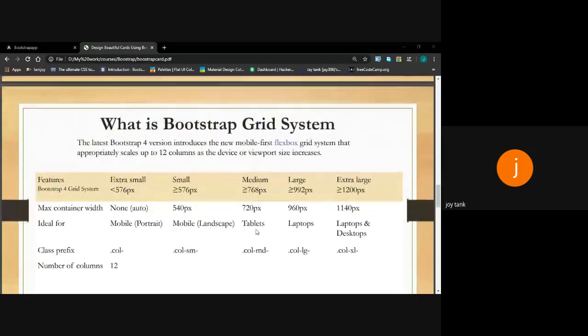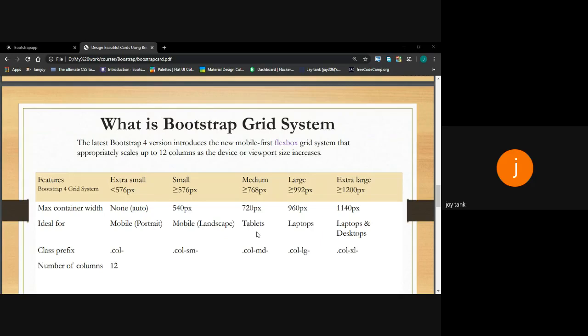So now the grid system in Bootstrap. This is the most important feature of Bootstrap and also for responsiveness. If you want to design any web page which should look responsive in all viewports, you must understand this grid system of Bootstrap, or whether it might be any other framework.